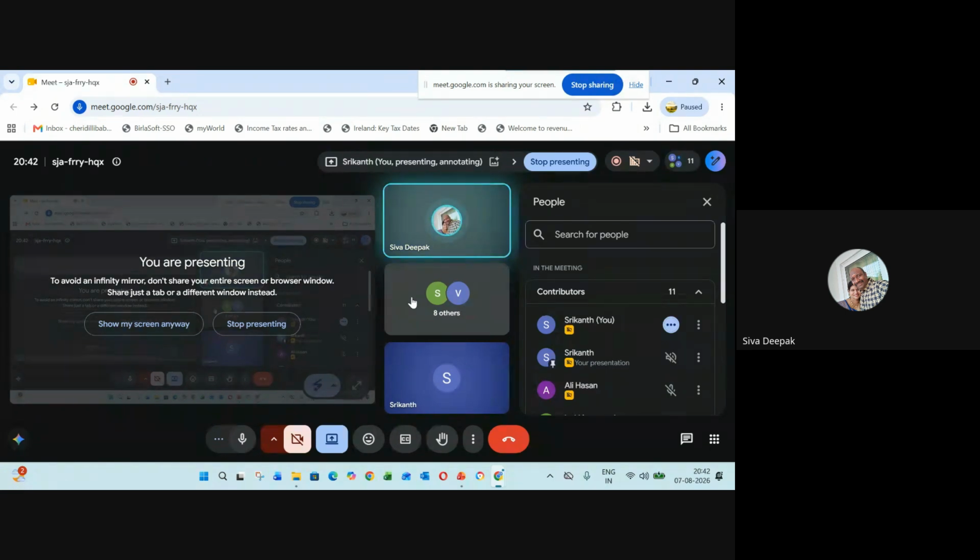Srikanth, I wanted to know, you have told that there is an integration between